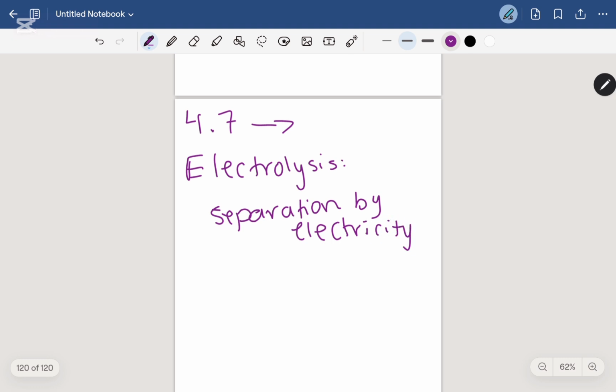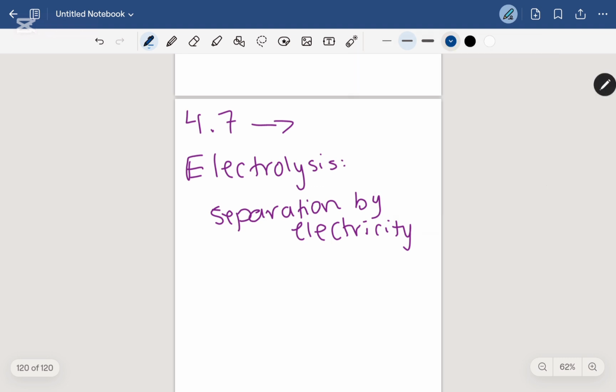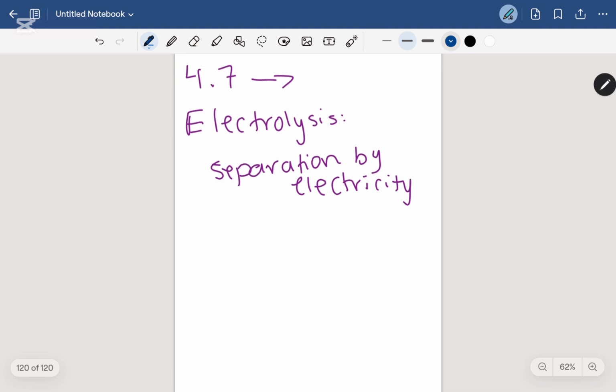So very simply, electrolysis means separation by electricity. Now, I will write the deeper meaning aside because, of course, it's going to be helpful. So you can either define electrolysis by separation by electricity or